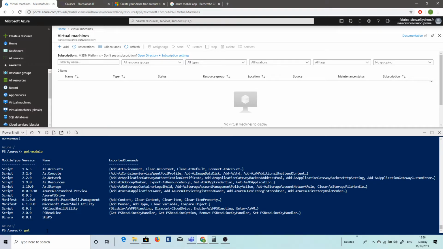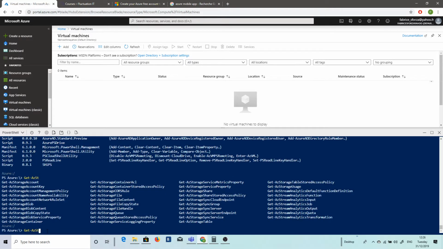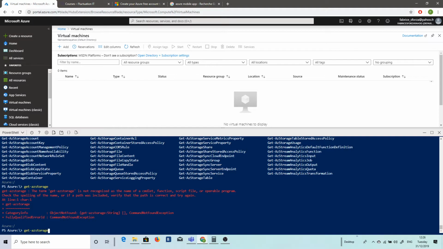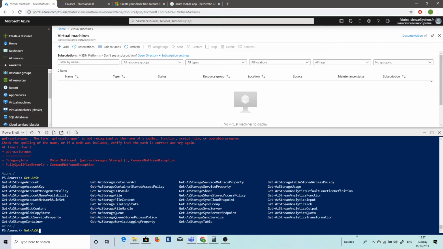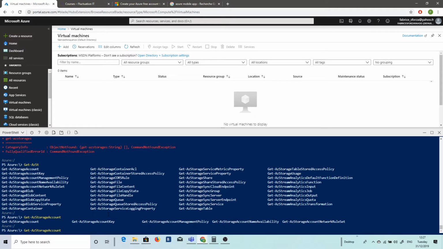If I do Get-AZ and, like this, for example, storage, I can say, okay, give me all my storage. So for that, I do Get-AZStorage, for example. Get-AZStorage. If I do that, well, maybe it's not a good one. Okay, so if I do Get-AZStorage, I don't know if I have storage here. Oh yeah, I have. No, sorry, it was storage account here. See, if I want to see all my storage accounts, I can do Get-AZStorageAccount, and I